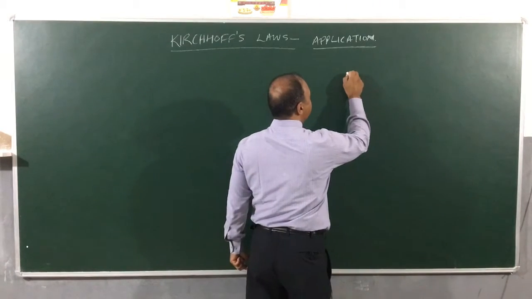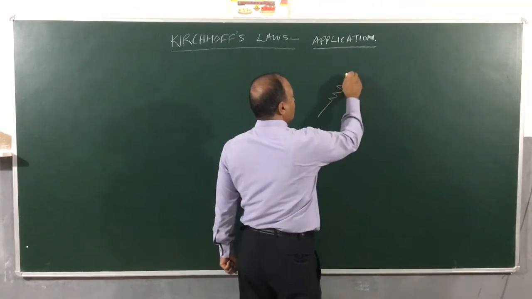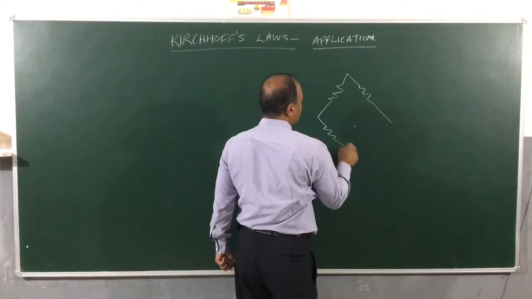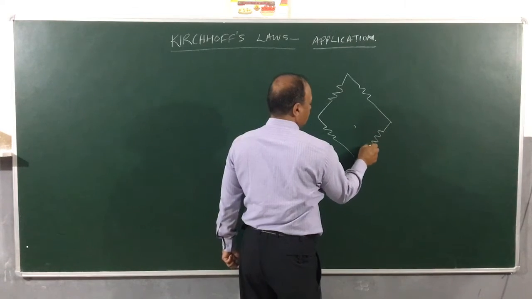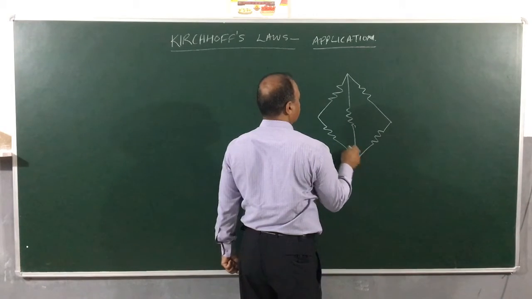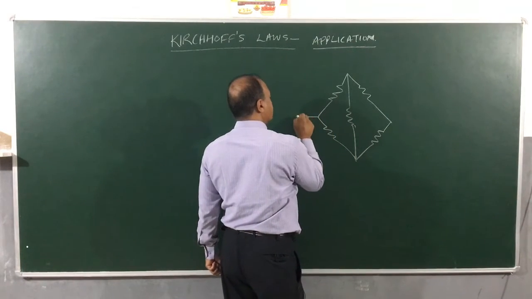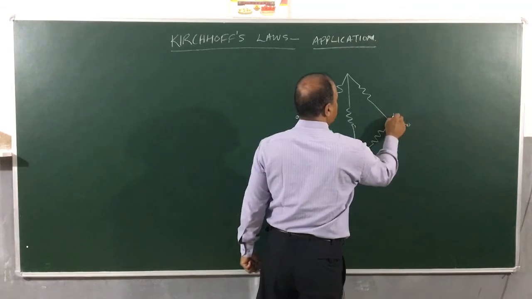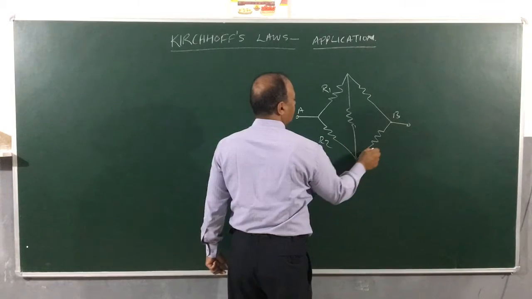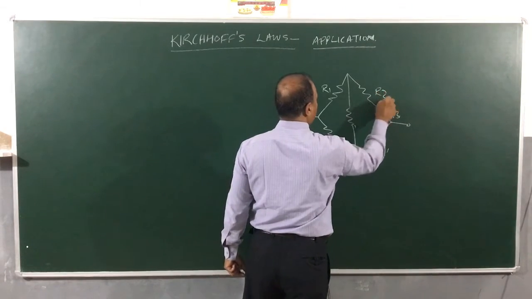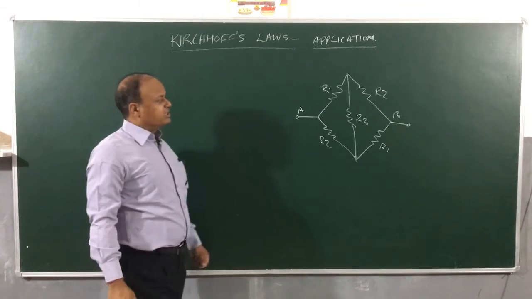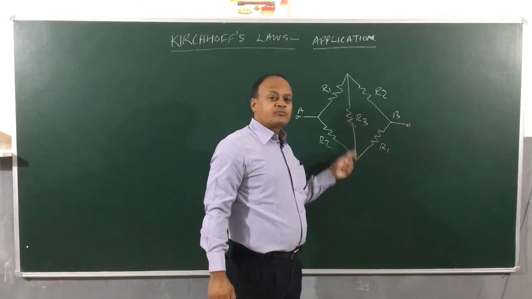Here we have, these problems are mostly based on Wheatstone's bridge, a non-balanced bridge. This is point A, this is point B. This is R1, R2, R1, R2, this is R3. Clear? And we have to calculate, you can clearly see this is a Wheatstone's bridge,